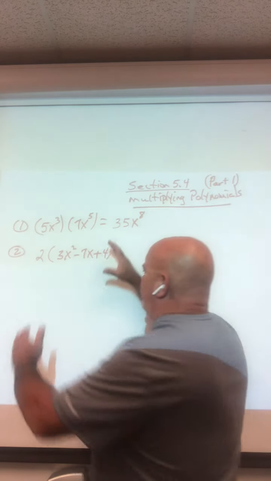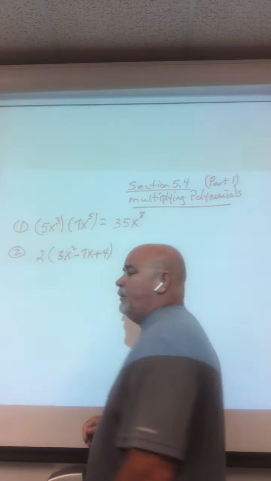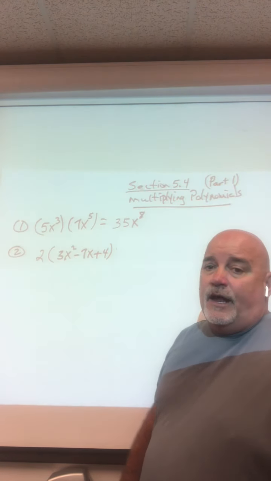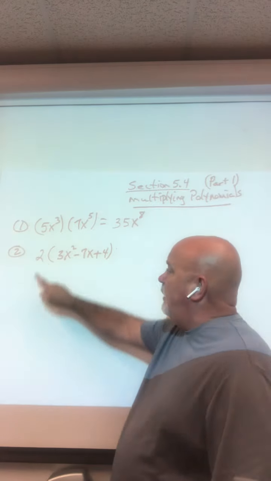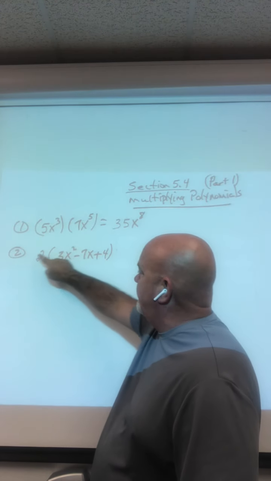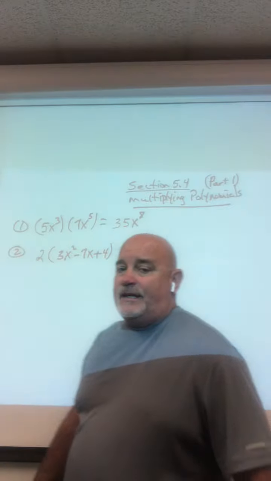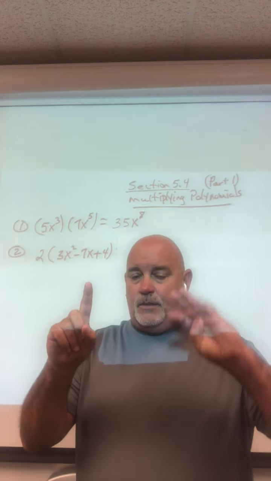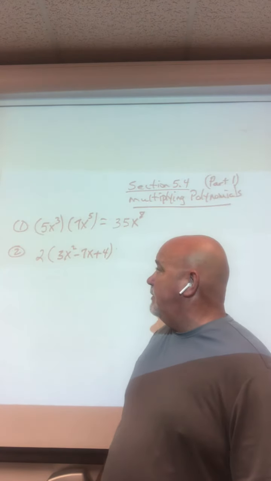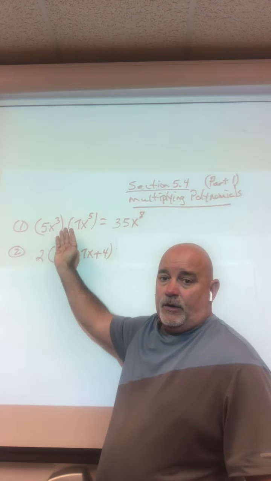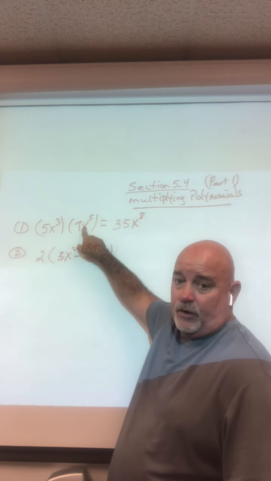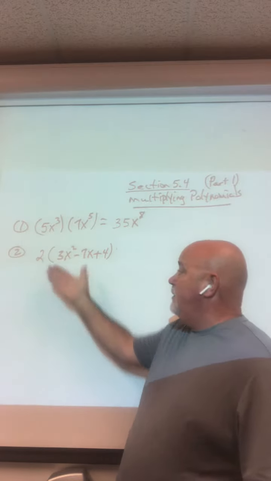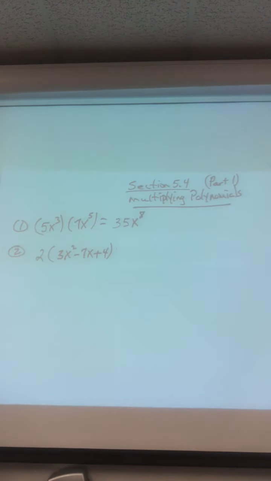Now you say, well, don't we have to do what's in the parentheses first? If you can. But you can't do anything here because this is adding and subtracting, and none of those are like terms. Now let's distribute one term times all 3 of these. Anytime you're doing one term times 2, one term times 3, one term times 4, that's always called the distributive property. Now this is not distributive up here. This is one term times one term. So you just shift it around and multiply the numbers and multiply the letters. This is distributive. So when you distribute that,